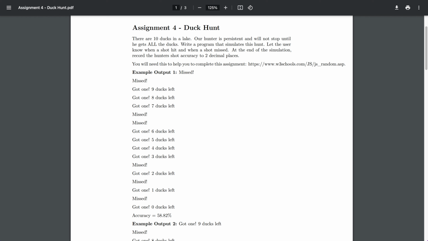For this assignment, there are 10 ducks in a lake, and our hunter is very persistent, and he will not stop until he gets all the ducks. So we need to write a program that simulates this hunt. Let the user know when a shot hit and when a shot missed. At the end of the simulation, record the hunter's shot accuracy to 2 decimal places. And I gave you a little link here